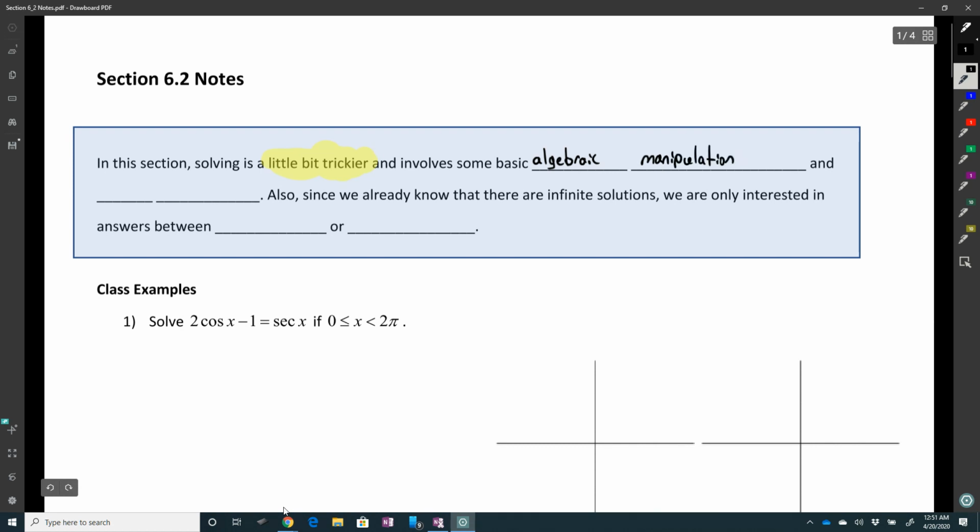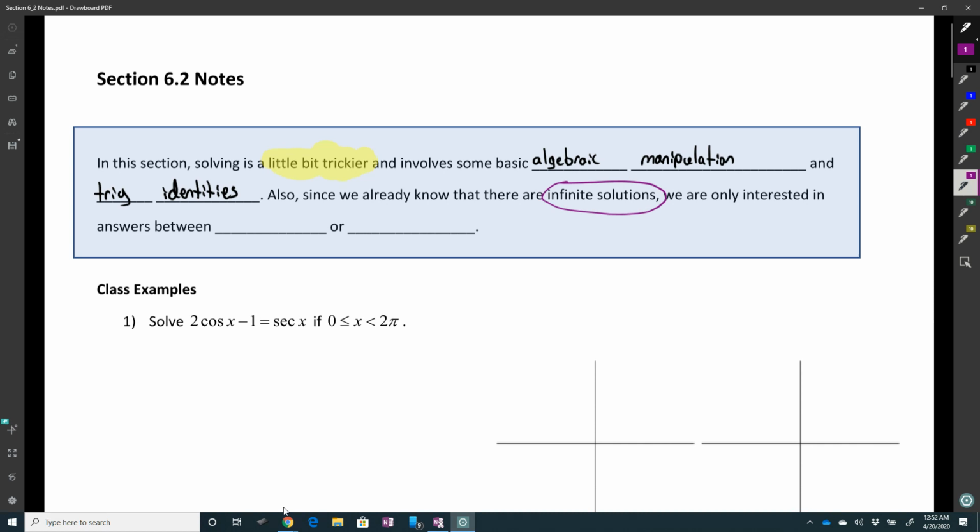just like the problems from last time, where you had to do a little bit of algebra before you could do trig, it also involves some trig identities. So basically it's adding that to what we did last time. Also, since we already know that there's infinite solutions,